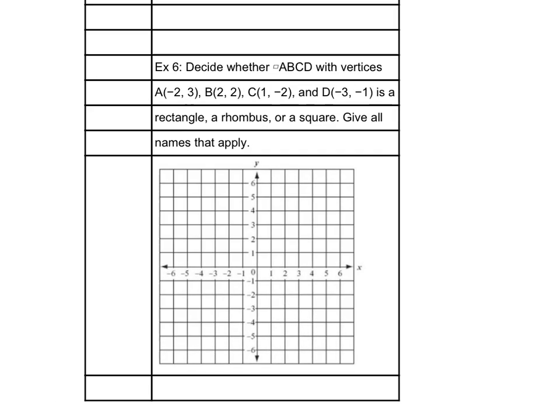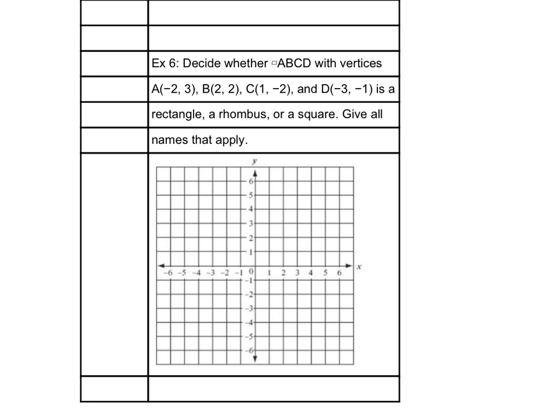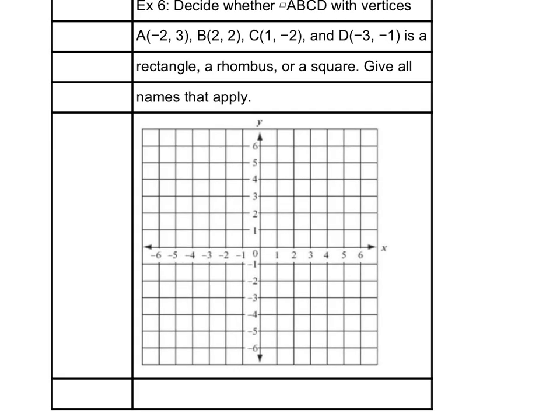All right, and example 6 says, decide whether the parallelogram ABCD with the vertices given is a rectangle, a rhombus, or a square. Give all the names that apply. So the first strategy would probably be to graph this. So I'm going to go ahead and do that. So I have -2, -3, 2, 2, 1, -2,